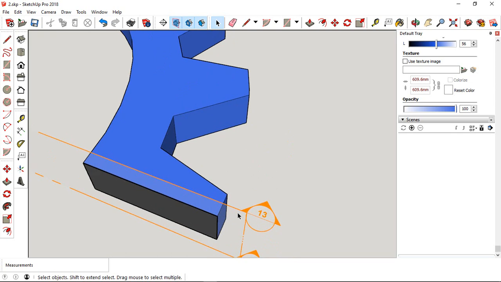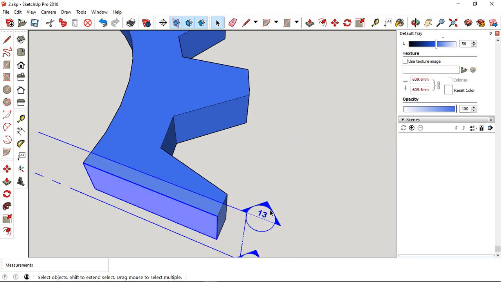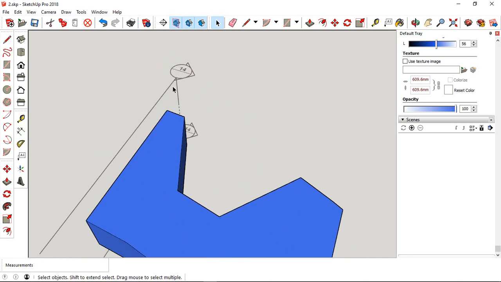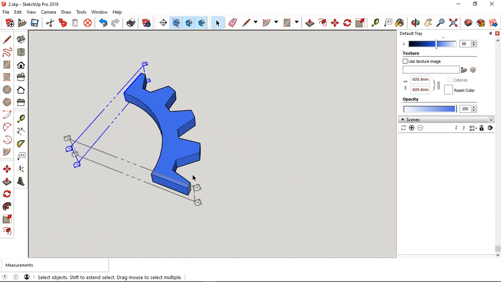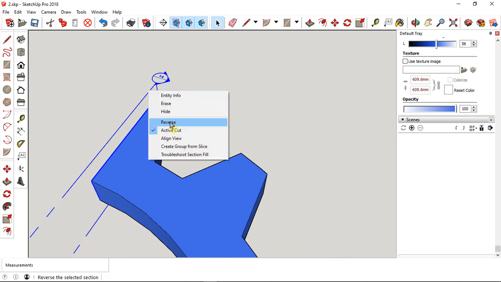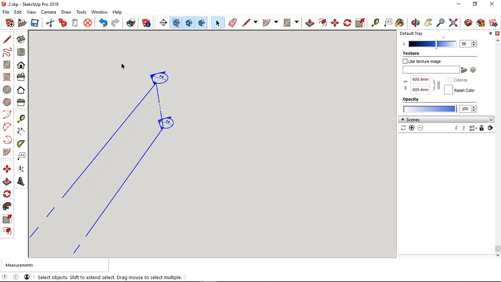If you see the direction, the arrow mark is towards this side, but here it is the opposite direction. So we need to change it to the same direction. So right click on the cutting plane and make it reverse. So now it is changed.